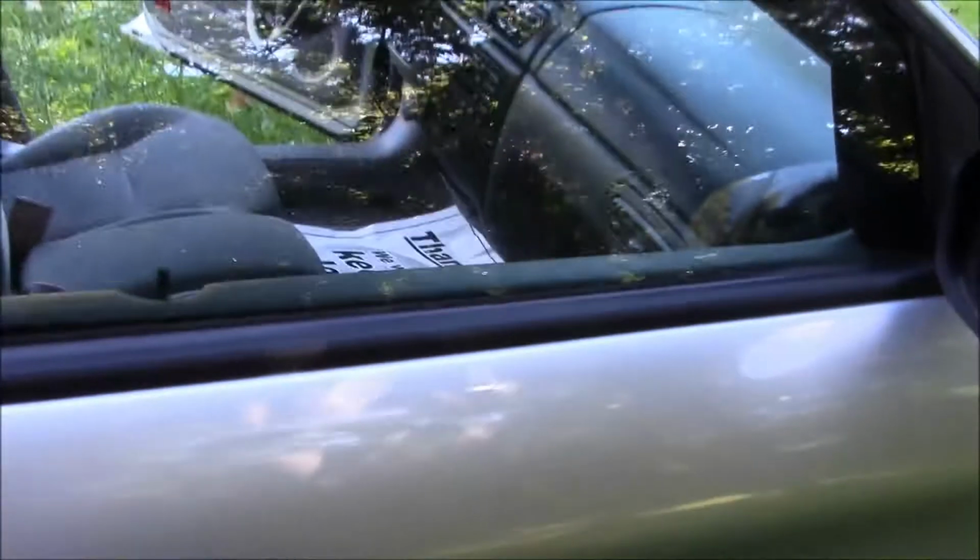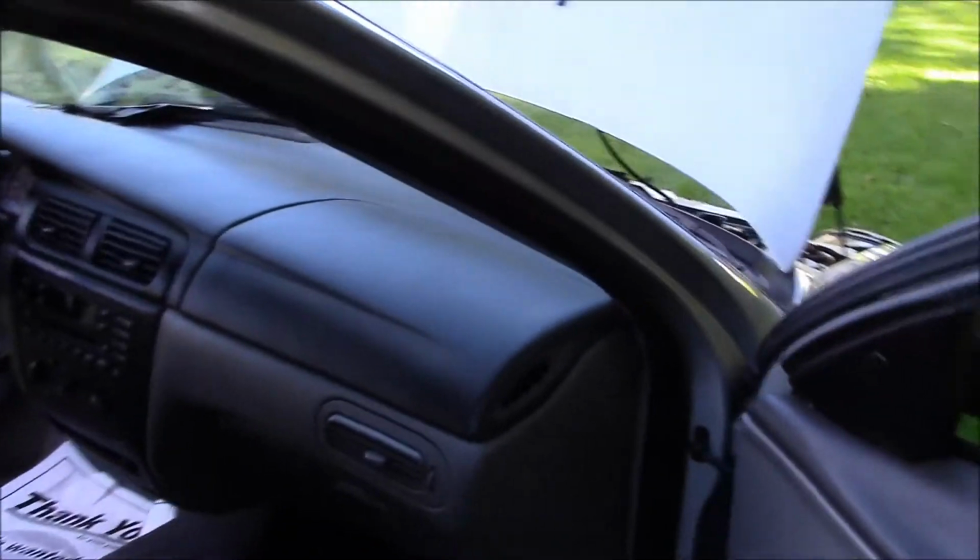Now, as you can see, right front fender, nice, no nicks, no dings, no scratches. Driver's side, or I'm sorry, passenger side front door, very nice. Looks like it's missing something. There's a colored body piece that goes on the back of the mirror there. But again, at the price I'll be selling this car, you're not going to have to worry about any of